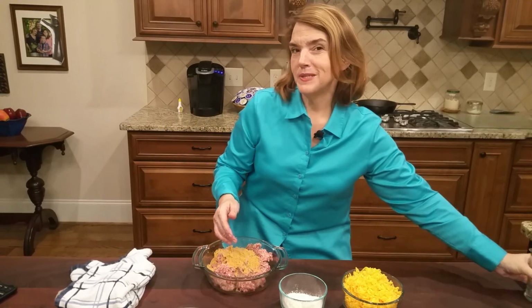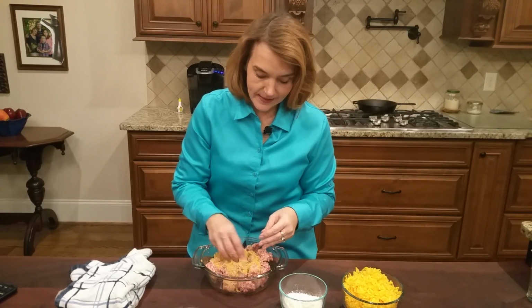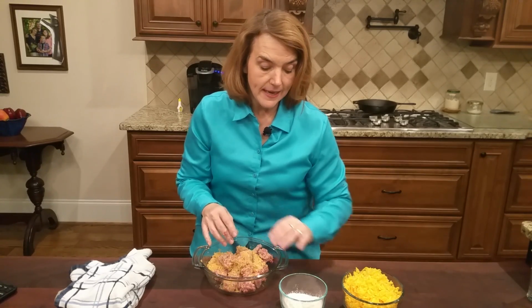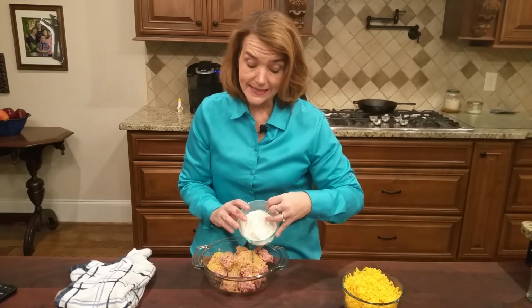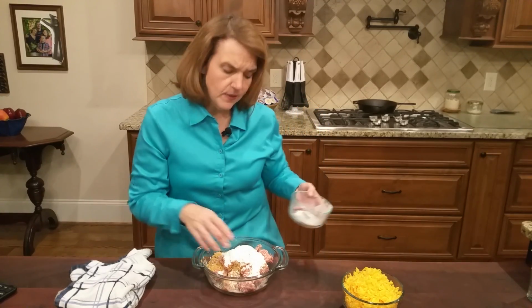Use whatever. What we do is when they go stale, and I have a video about pork rinds, but when they go stale, I put them in my Ninja and just pulverize them into crumbs, and they make great breadcrumbs. I even use them in my pancake recipe. But I have pork rinds, and I'm also using oat fiber, and that's a 1/2 cup. So it's a 1/2 cup each, oat fiber and pork rinds,